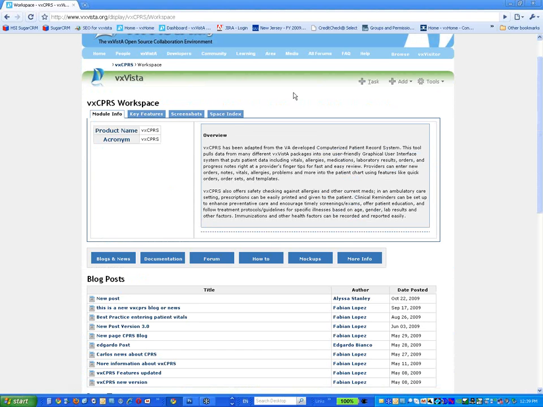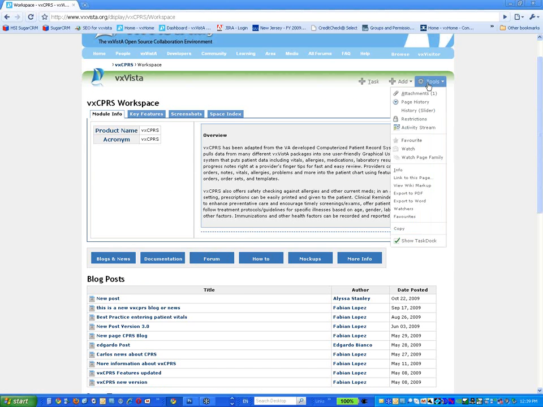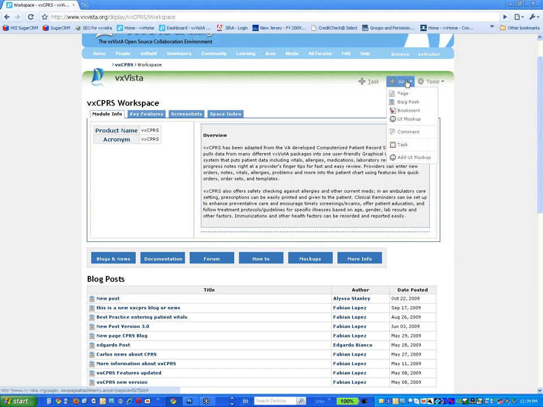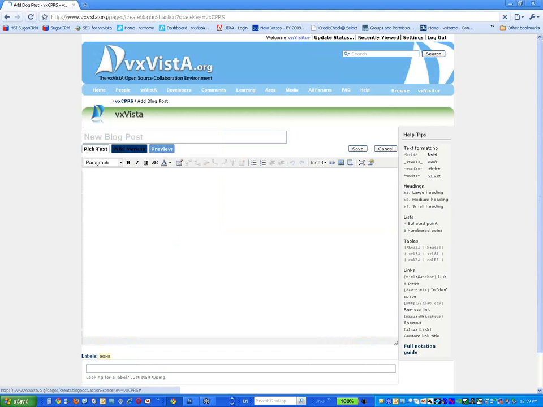Let's say you are here in the blog post. You can add, that's Add Page. You can add any page here or on the forum directly. And I will say I will add a blog post. It's a new version of vxCPRS that we're going to release. As you can see, it's the same layout, and this is a new vxCPRS blog post. You have the title, a new version is released, your content, your label,